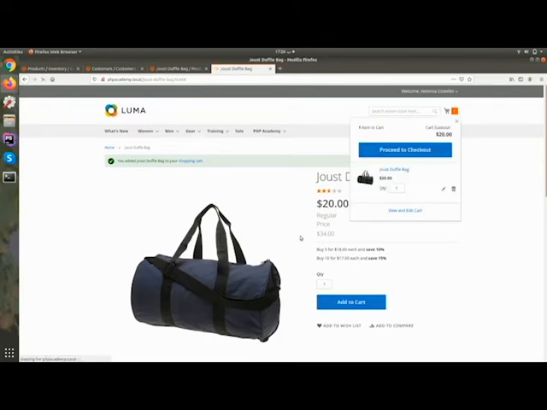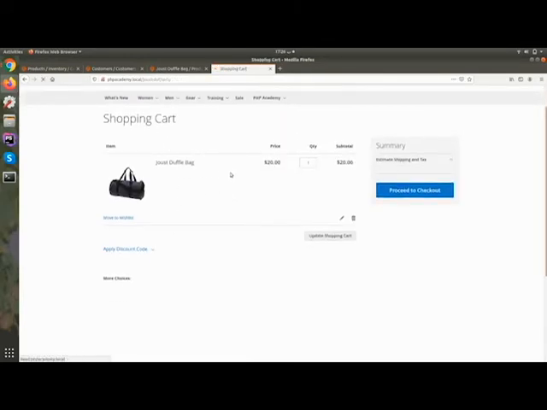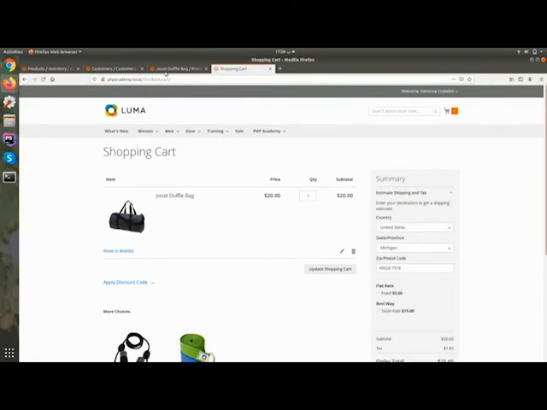So you can see you can still add the product to the cart, and there is no error message.